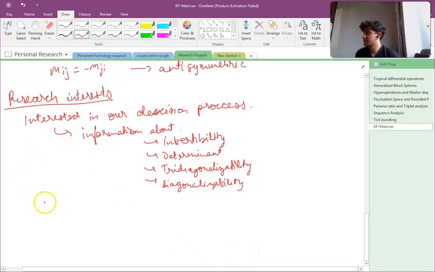And similarly, we also care about converting our matrix,